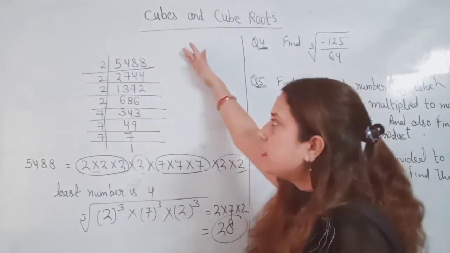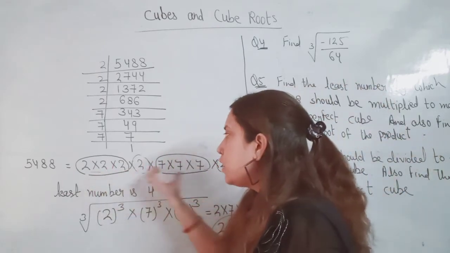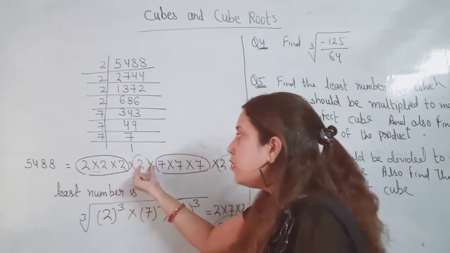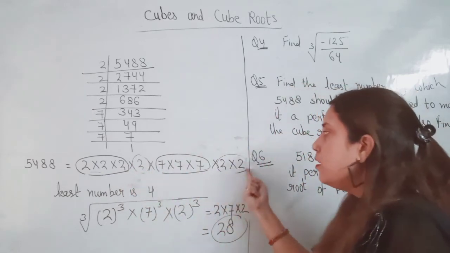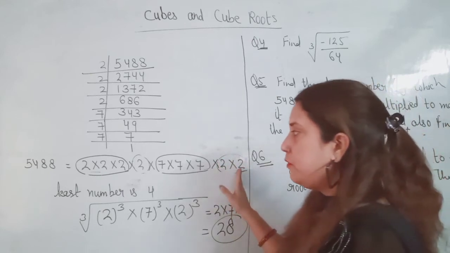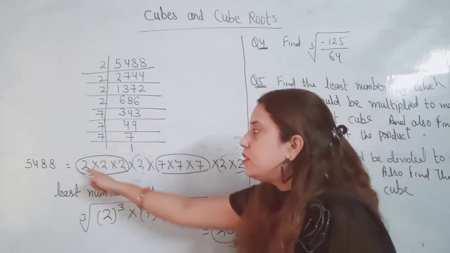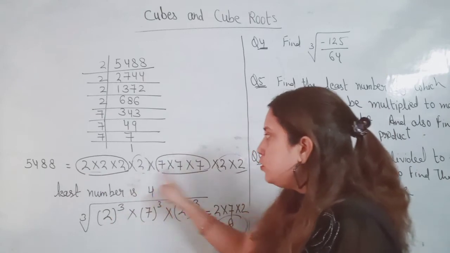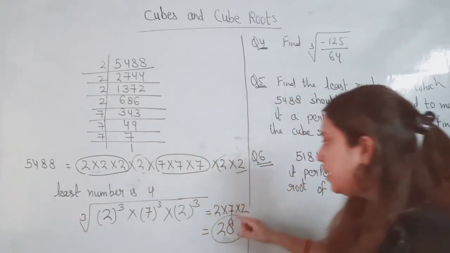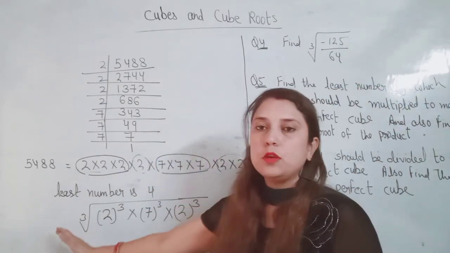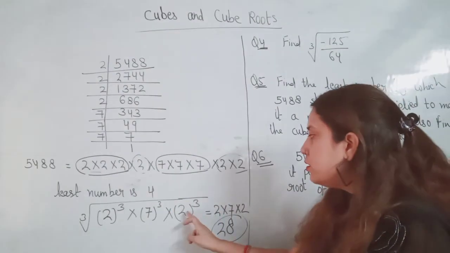Okay beta, first we find the prime factors, write down those prime factors, then make the triplet of the given factors, and 2 is alone here. It means we need to multiply by 2 two times, then it will be a triplet form. So 2 into 2 into 2, and after that the question is find the cube root of this product. Then 2 three times, 2 three times, and 7 three times. So the cube root of that number will be 2 into, when it comes outside from the cube root sign, we will write 1 time 2, 1 time 7, and 1 time 2.